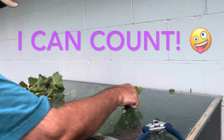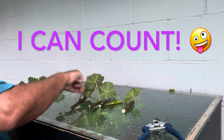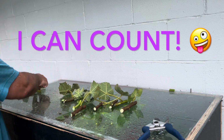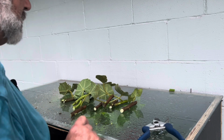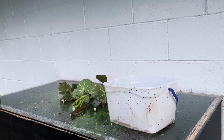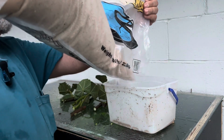Okay, I have 1, 2, 3, 4, 5, 6, 7, 8, 9, 10, 11. I got 11 cuttings to be able to stick. Okay, for my medium, I'm going to use a coarse sand. This sand is actually a pool sand. It just needs to be a coarse sand,